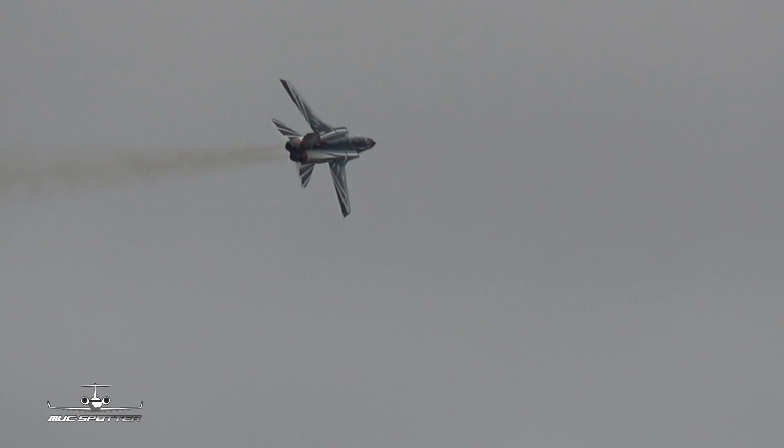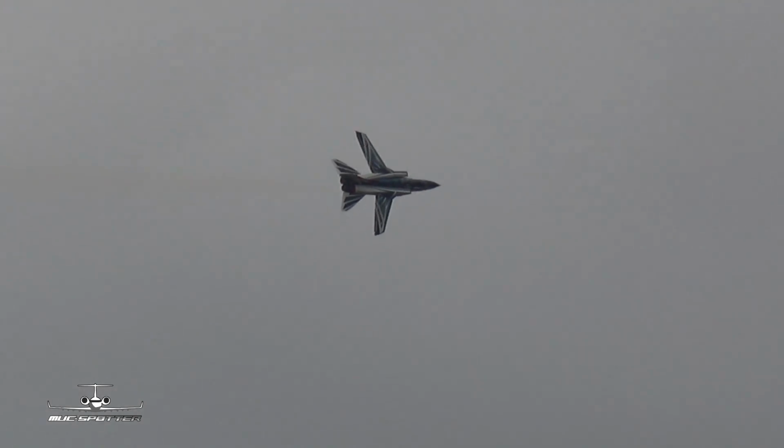Despite today's special livery, the multi-role combat aircraft Tornado has a rather retro feel, as befits a 4-decade-old model approaching the end of its time in service. It started in 1974 and entered service in 1980. And it still has a major advantage on the newer models thanks to its unmatched air-to-ground features. Back at the center of the display line, here comes a roll under turn, which you can appreciate high and